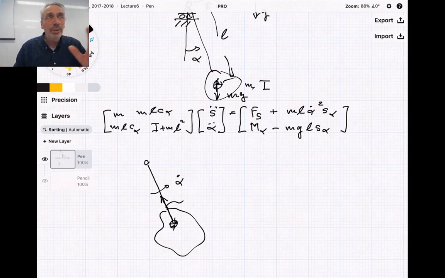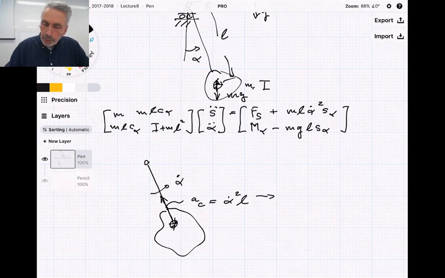I'm still busy with drawing an acceleration. So you're probably right, but let's see. So here we have an acceleration, the centrifugal acceleration, and the arrow indicates the vector quantity, and the magnitude is alpha dot squared times L. That's inward. Now, in the spirit of D'Alembert, we can then say,